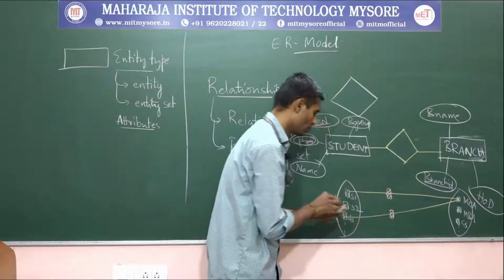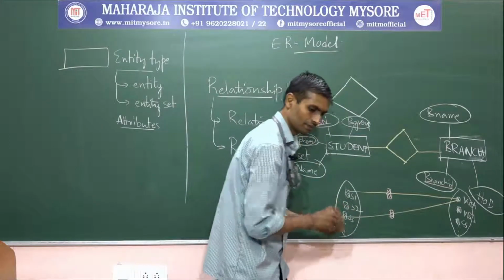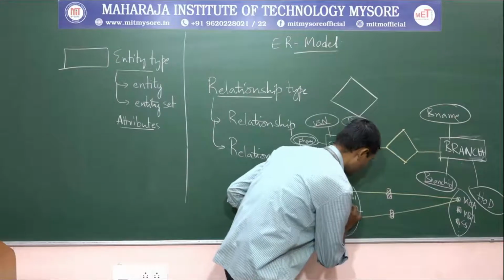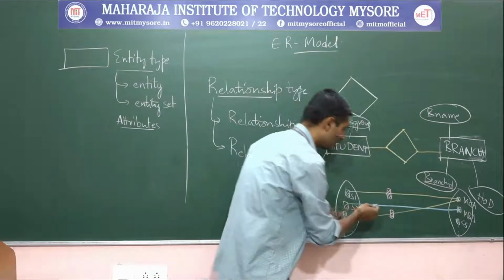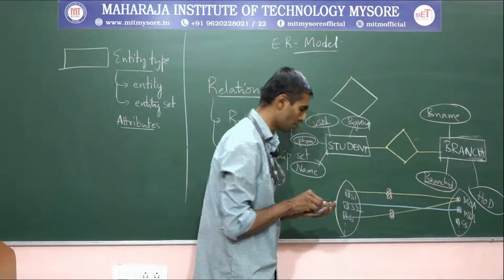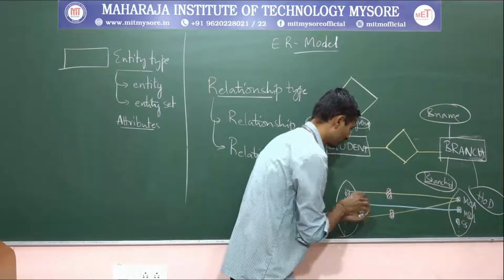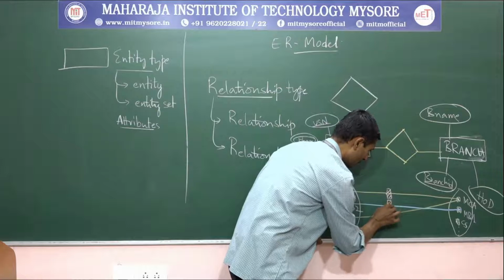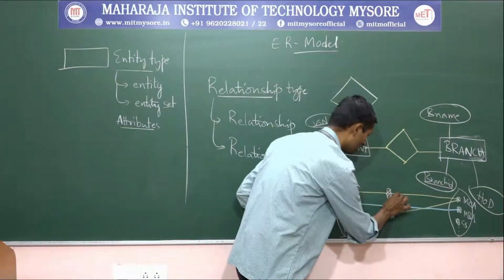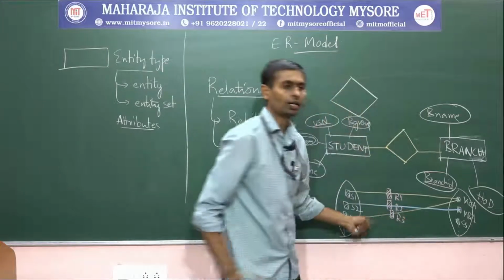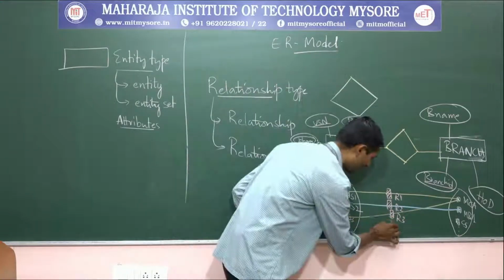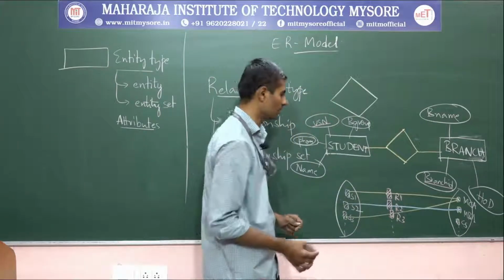And let's assume S2 belongs to this MBA. Let me draw with a different color. And even this creates one more separate relationship instance that I'll represent with a different color, or you can call it by name. This is the R1 instance, this is the R2 relationship instance, and this is the R3 relationship instance. Like that, I might have n number of relationship instances.